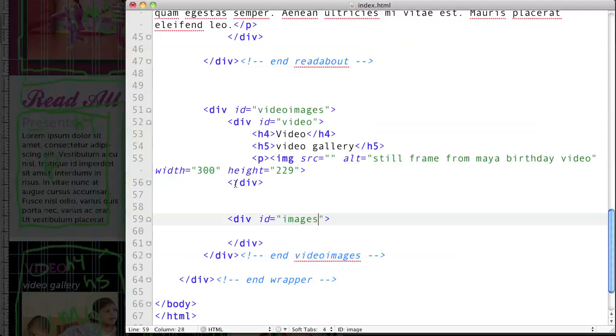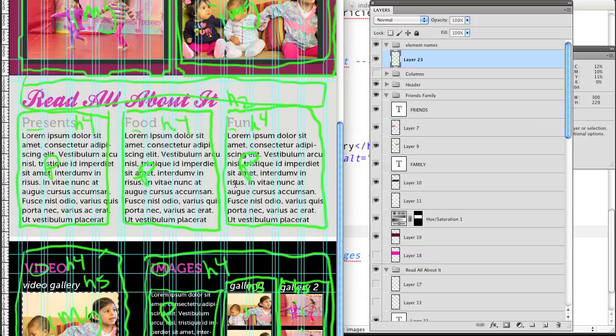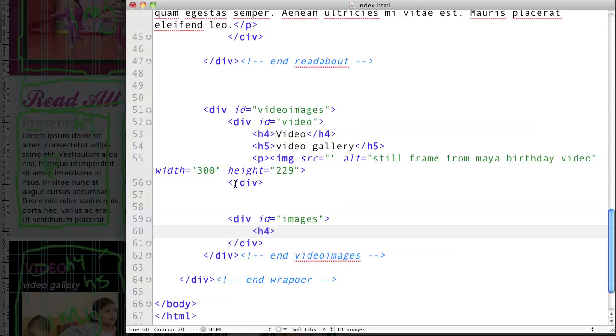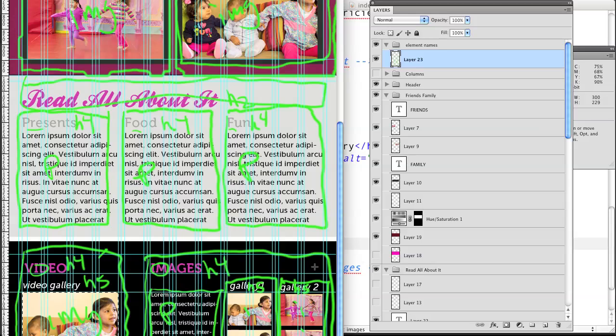So images, and then we have here an H4, images. And now this next piece, you might be wondering, so how are we going to do that? Essentially, each of these would get a different grid on it, but we'd have to make sure that if we're doing this as a grid design, that we give an alpha to this, because this is a